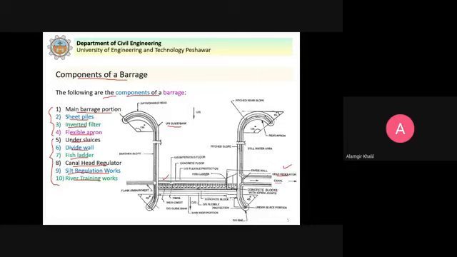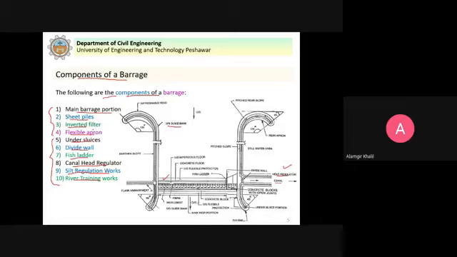So let us study in detail what these components are, what their functions are, and then we study about the theories of seepage, because these structures are constructed most of the time on permeable foundations. When we have a permeable foundation, it will allow the seepage of water. When seepage of water takes place, there are forces acting on the structure.